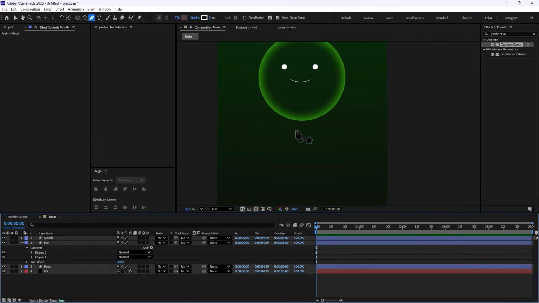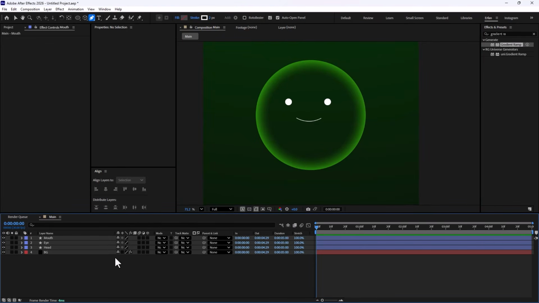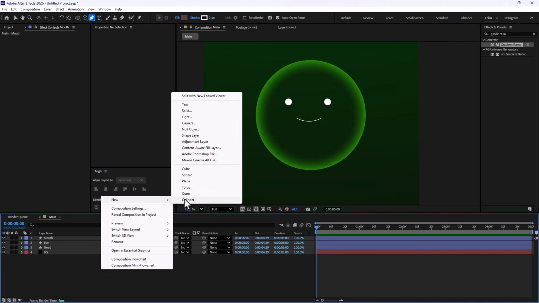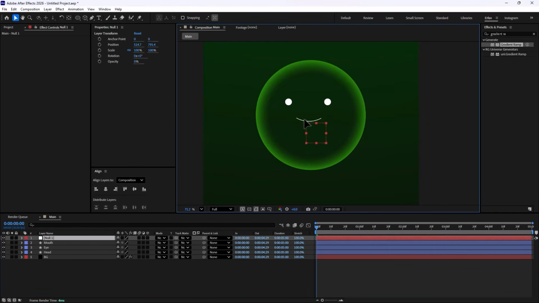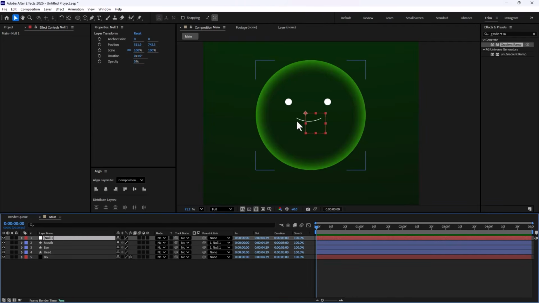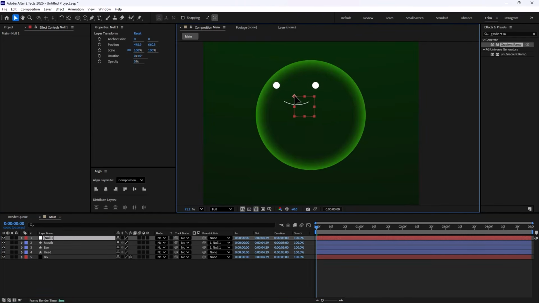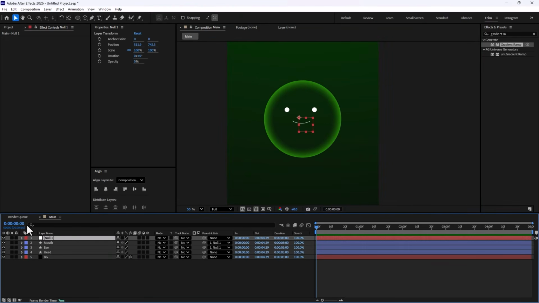Great, so far we have everything that we want. Now, in order to control these facials better, all I need to do is create a new null object, and I'm going to bring the null object in here and parent the eye and the mouth into the null object. That way, I can just control this freely without any issues. I'm going to rename this to the facial controller. All right, so far so good and everything looks good.